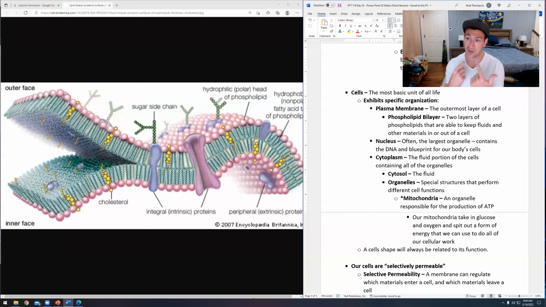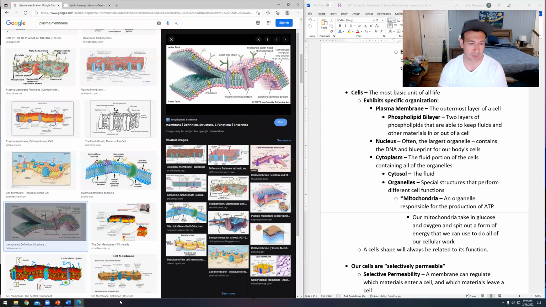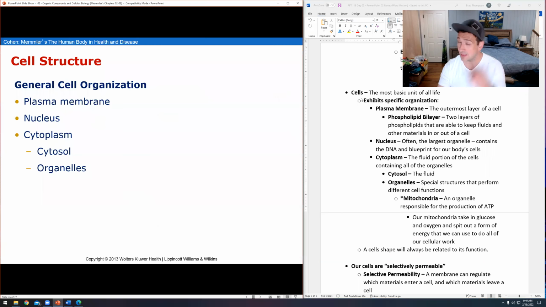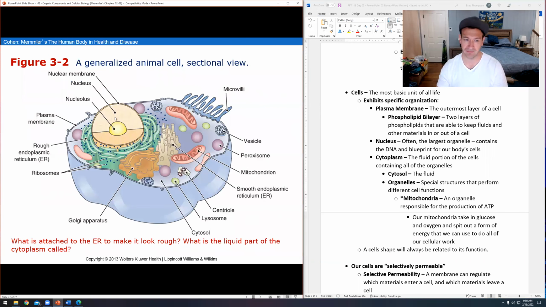And so we use water to transport materials around, to get into and out of these membranes, right? Other things that we're going to see inside of a cell: that's the outermost layer, and on the inside we're going to see all of these what we call organelles. Organelles are like the little organs of your cell. You get your digestive system that helps you digest stuff.